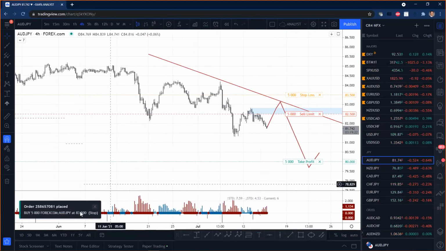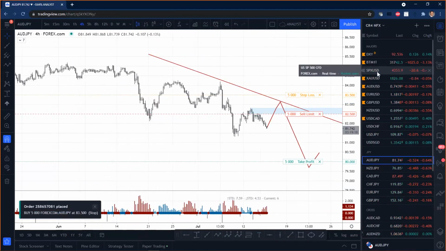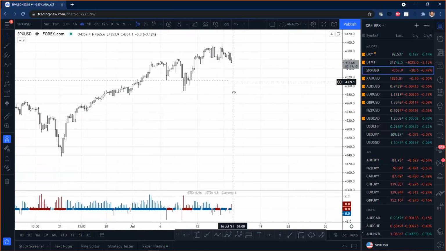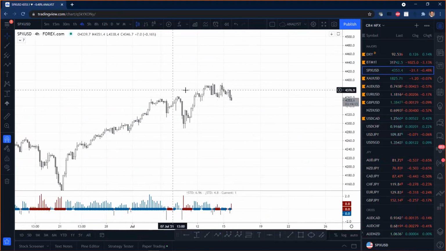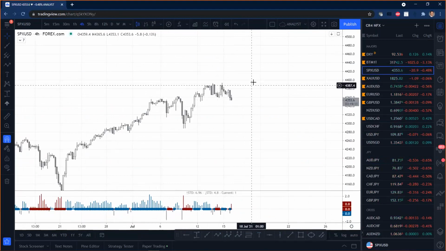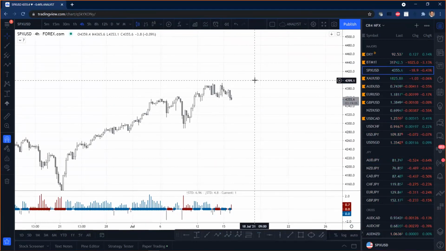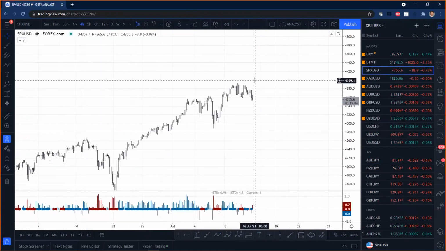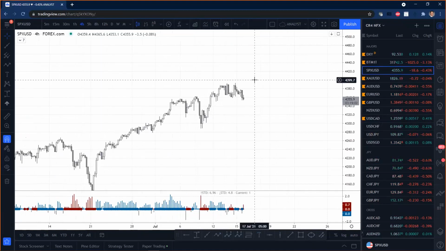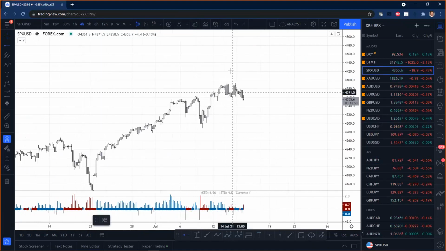So yeah, for the Aussie yen, let's take a look at the SPX just for comparison, for what's going on. You see here we had this all-time high. We were really shy of 400. Does the market want to have one more go at it? Who knows? But what we do know is that we have new all-time highs. This thing just keeps on going and going and going,